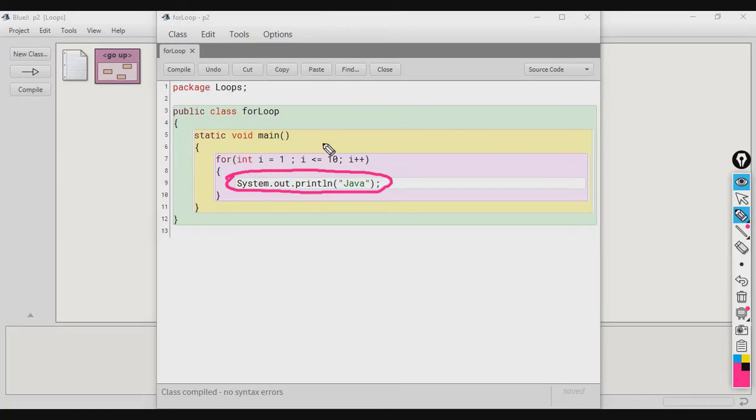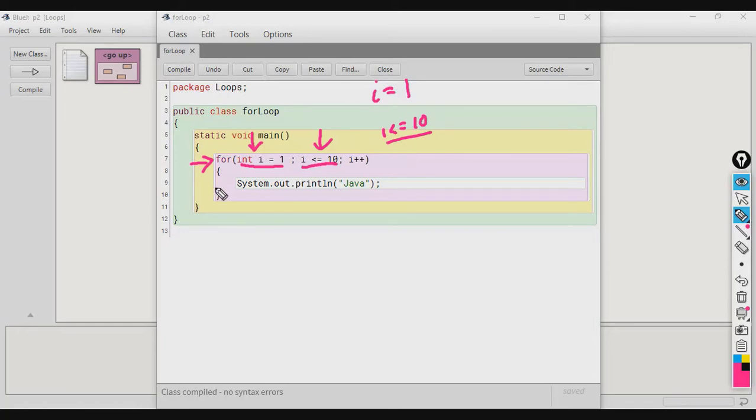That is possible because of the loop that is being used here. So, how does it work? First of all, the control comes to the initialization part. When the control enters the for statement for the first time, initialization will happen first of all. When initialization is done, that means when i is assigned the value of 1, then the second step will be to check the condition. The condition will be 1 less than or equal to 10, which is of course true.